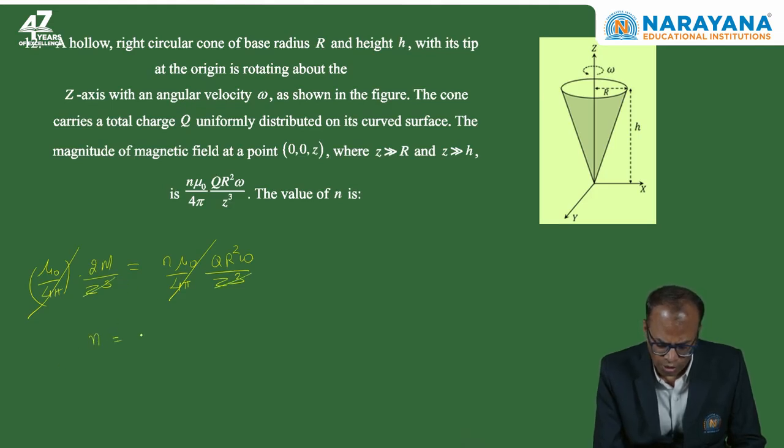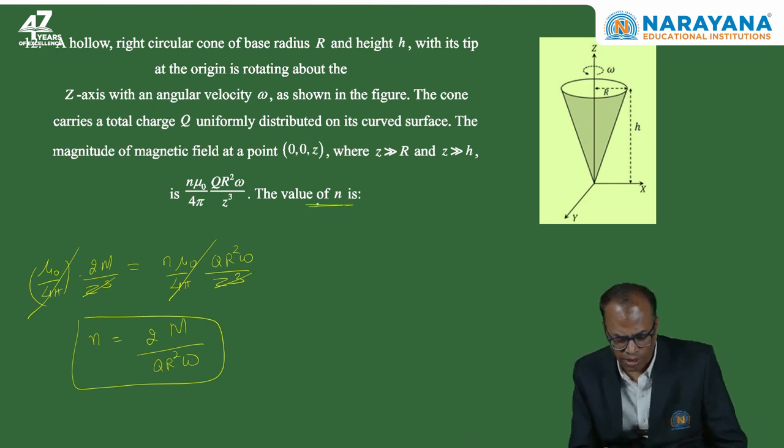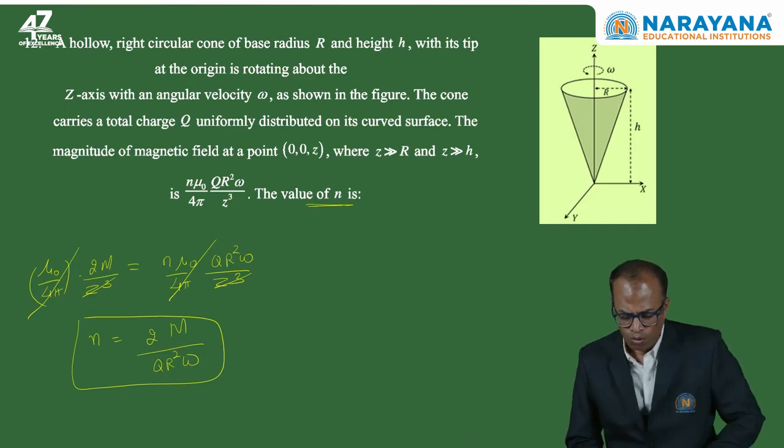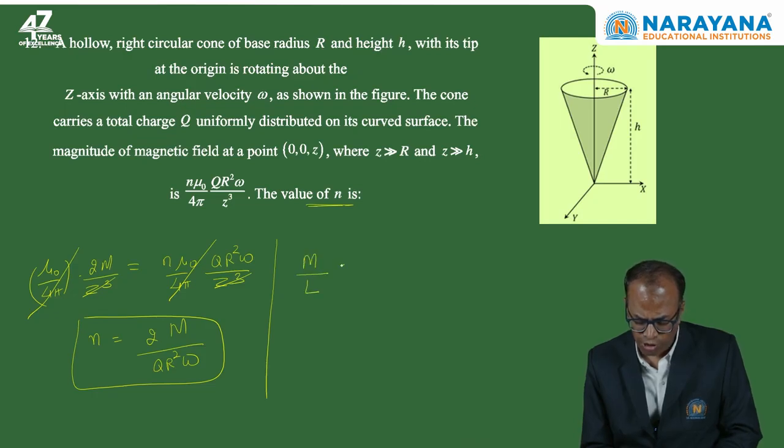So n is 2 times the magnetic dipole moment upon q r square omega. So this is what we want to find out. This question is not about calculating magnetic field, it is about calculating the magnetic dipole moment. For a uniform distribution of charge, the magnetic dipole moment can be easily related to angular momentum as q by